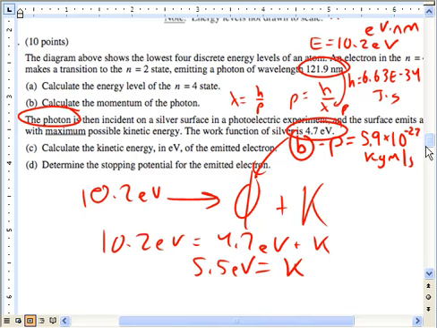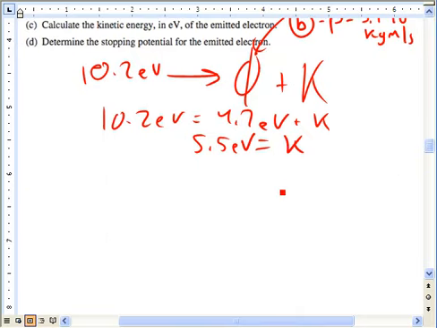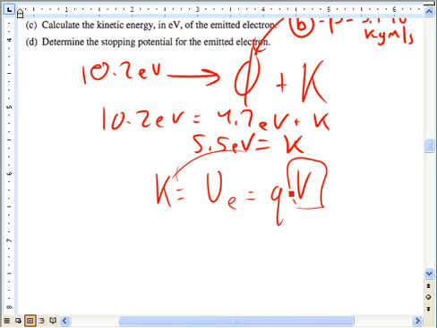Now, we were talking about this at the end of class. The hard way to do this is to think, okay, K is equal to the U of the electron, the potential energy of the electron, which is Q times V. So we know K, and now we're going to solve for V. But if we want to do this, and we want to get a voltage in volts, and we're going to use a charge in coulombs, then kinetic energy has to be converted to